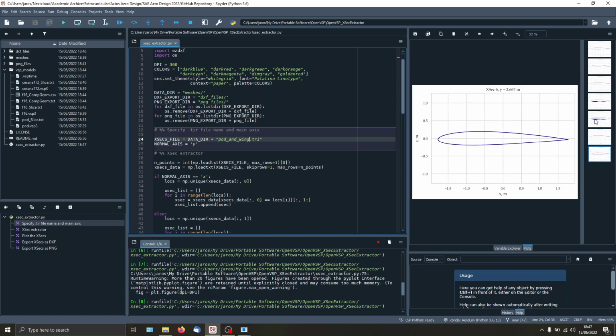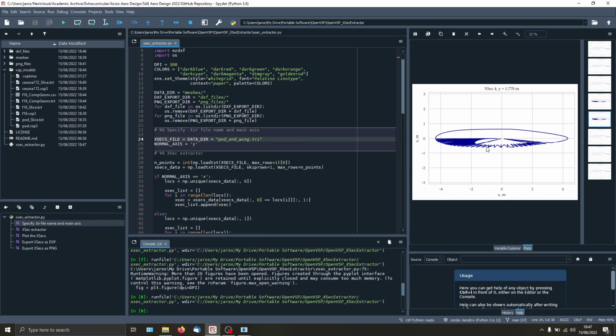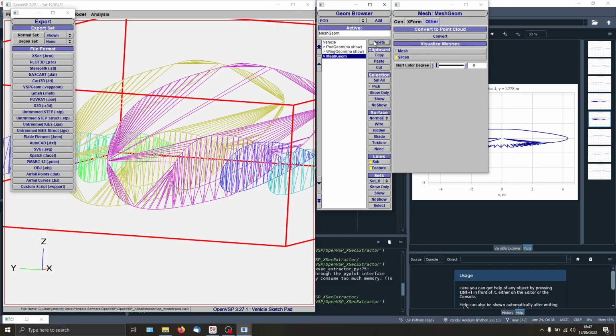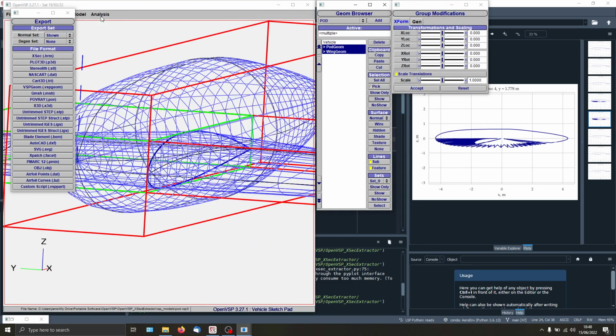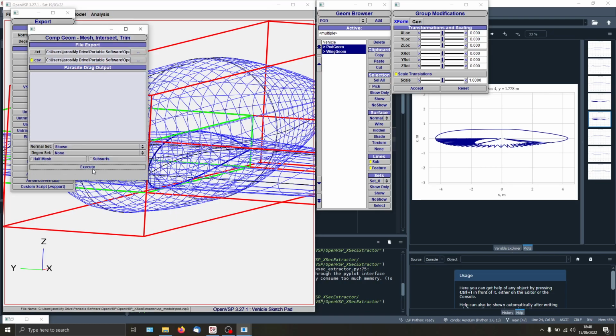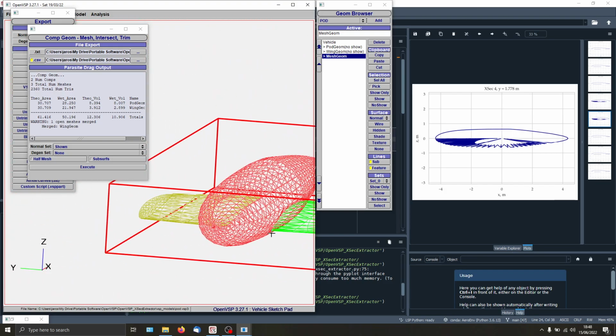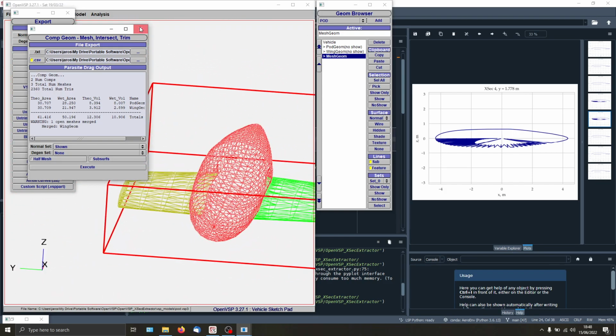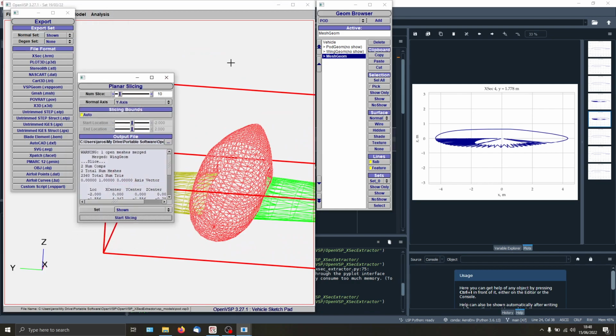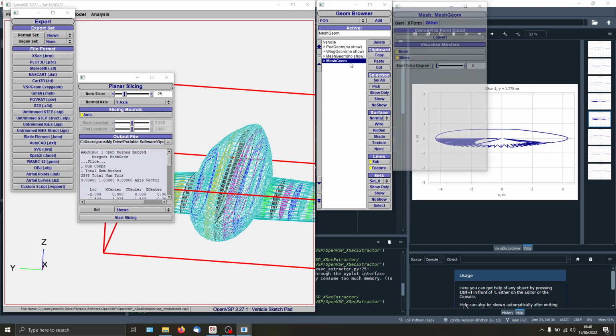And if we plot this, as you can see, the middle section has trouble because it plots the airfoil points. But now, with this new approach, remember analysis, comp geom, you can disable this. As you can see, the part that was inside the pod has been trimmed. And now we can do planar slices with this geometry. Let's do 25 as well, so we have a little bit more resolution on the y-axis, and we slice it,